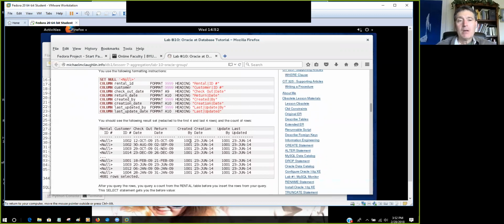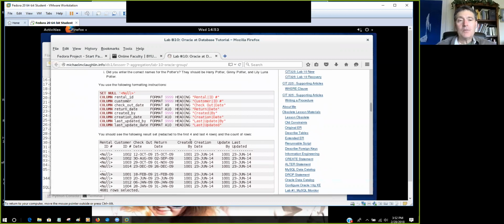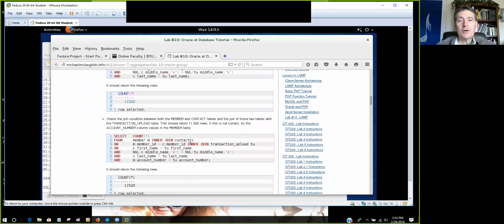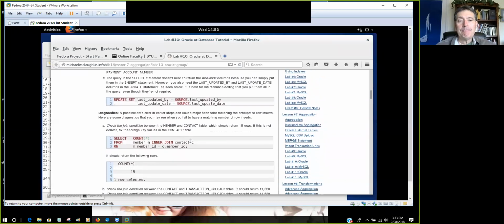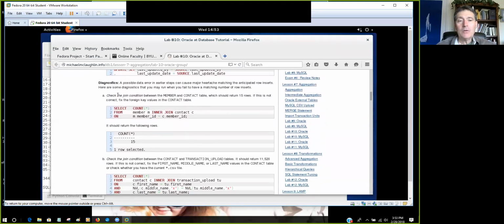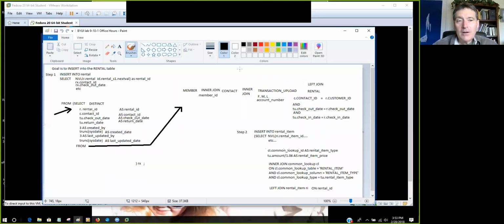Okay. All right. So we left off up here in the instructions, but now I'm going to hold here where it says diagnostics, and let's go look at my pseudocode. Okay. How do we construct this query? So here it is,